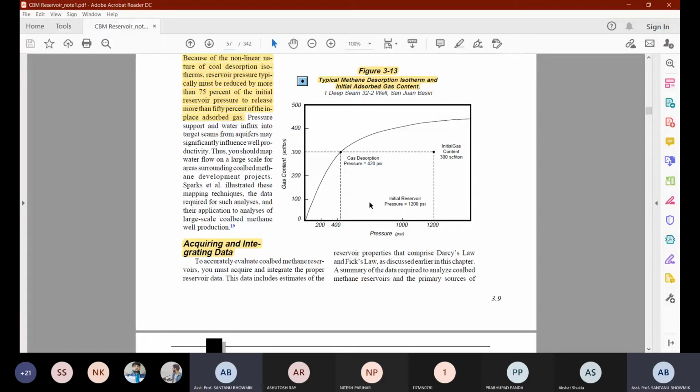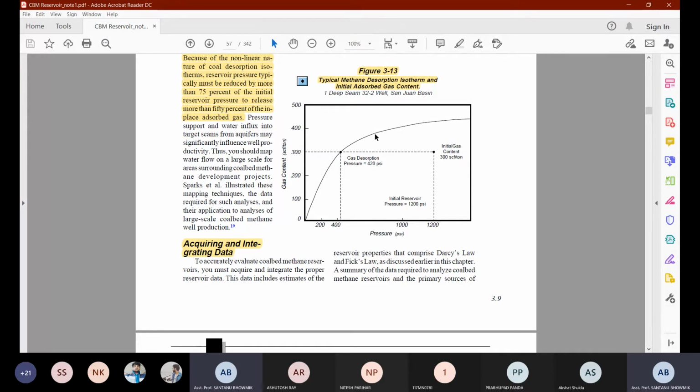So with this line, when you draw the intercept on the x-axis, you will get that the critical desorption pressure is going to increase, maybe around 600 or 700 or 800. So this is the only idea that is possible: if by reducing the pressure in a reservoir you get gas production at the same point of time as water production,